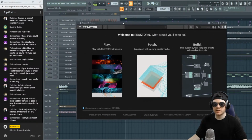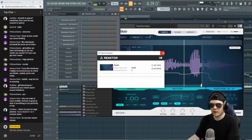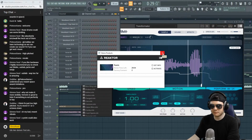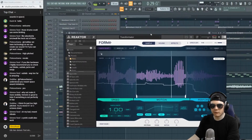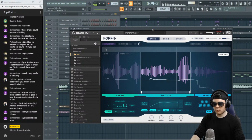I want to try using the plugin Form. Let me see. And I forget. Okay, yeah, there it is. This Form is up here. And this plugin, I really actually like this plugin. I'm using the demo right now, but...